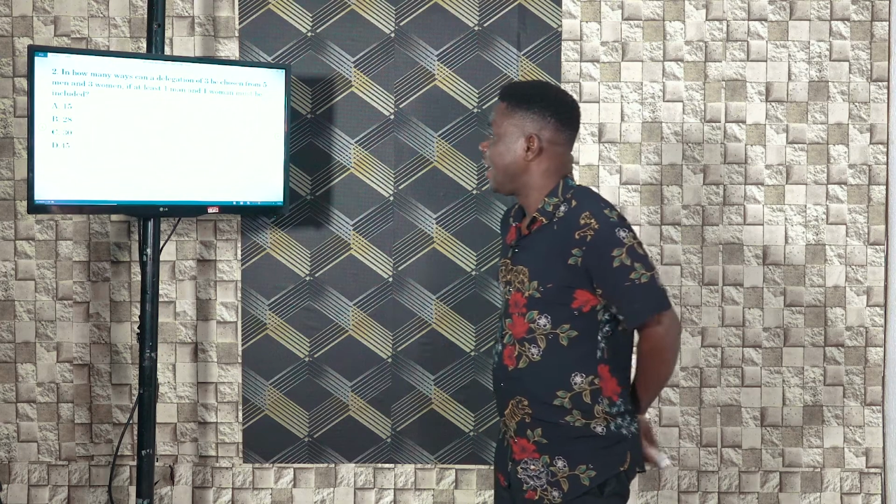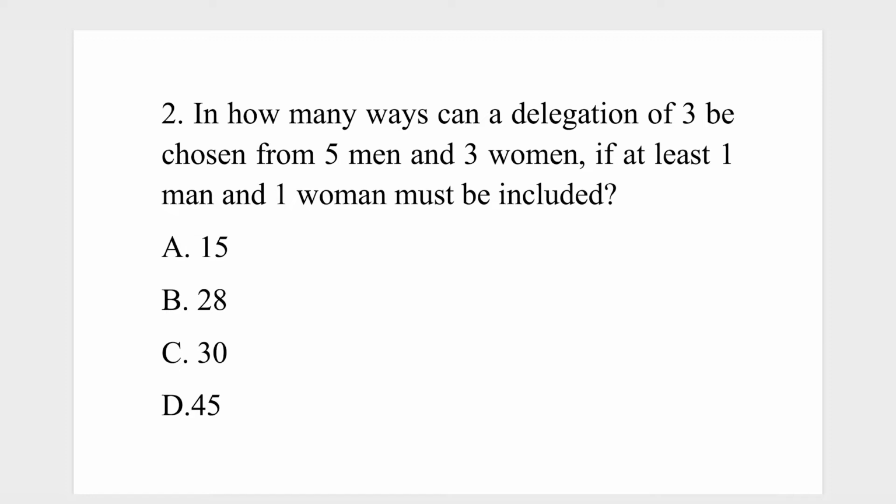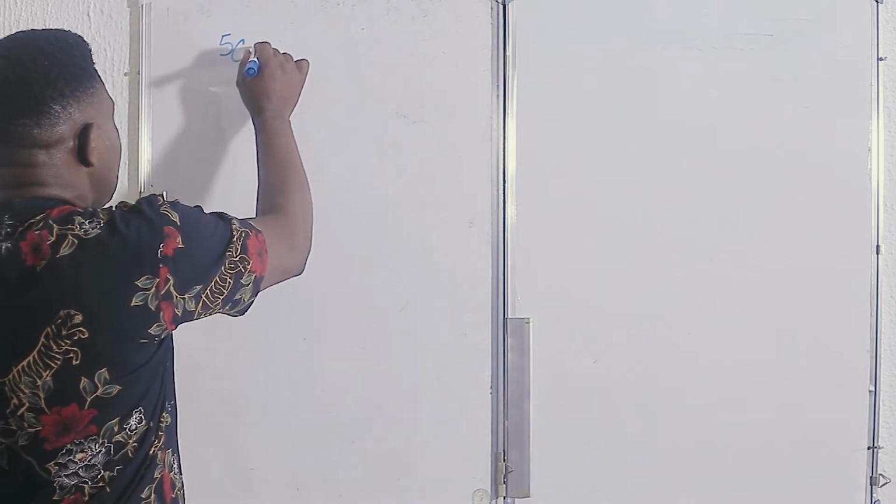All right, number 2. In how many ways can a delegation of 3 be chosen from 5 men and 3 women if at least 1 man and 1 woman must be included? Now, if 1 man is included, it means that 2 women will be in the delegation. If 2 men are included, it means 1 woman will be in the delegation. So let's go. In the first scenario, where only 1 man is included, we will use 5 combination 1